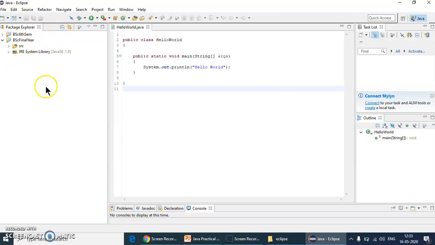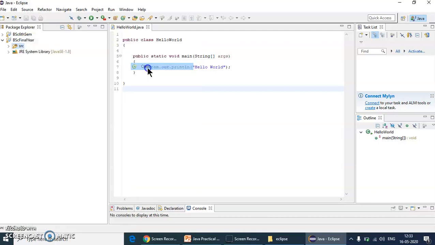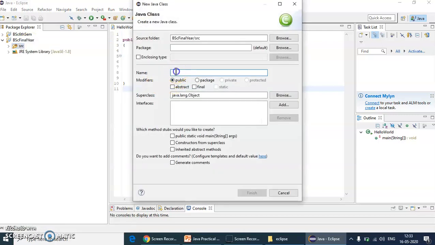In any one of the projects we can create the applet program. To create that, right click on src, go to New and select Class. We have to give the class name. Since it is to handle mouse events, give MEvents as the name of class, and we should not select public static void main for applet program.